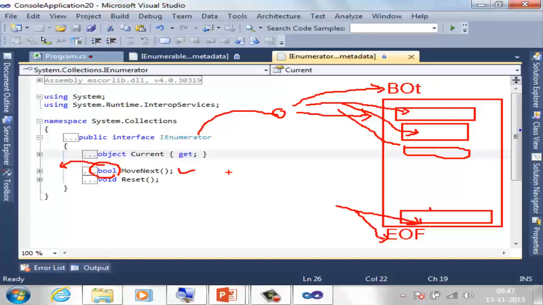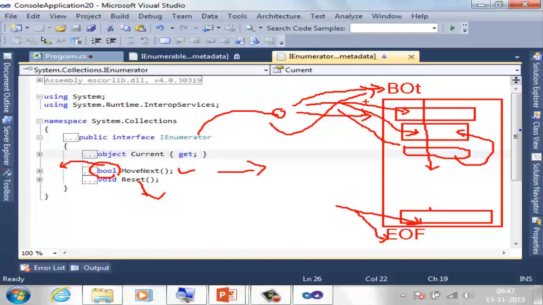Remember, it is read only and forward only. What's the meaning of saying forward only? It can go in only one direction. You can't ask it to go back and point to the previous one. It's not going to do it. What if you really want to do that? If you want to do that, use Reset. What Reset will do is point the pointer back to the beginning of the list,